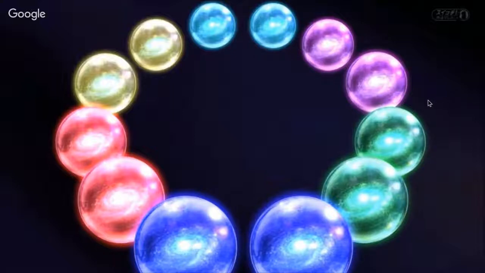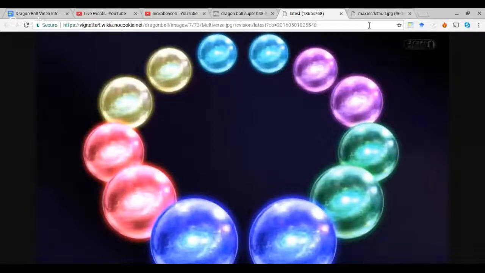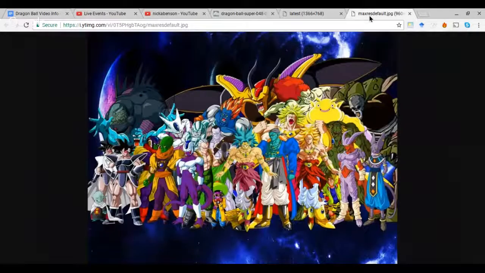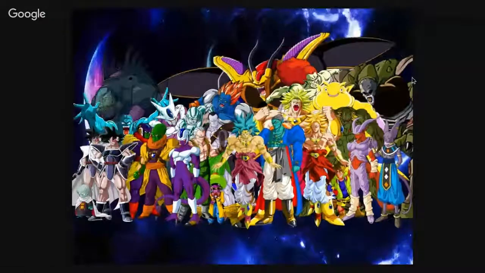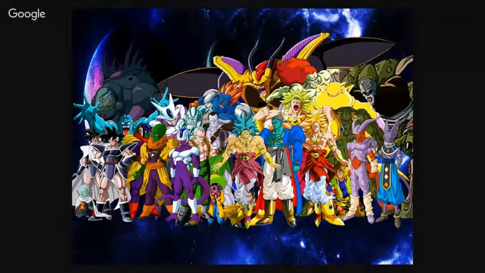Okay, so now that we've talked about parallel worlds and universes, we'll get into dimensions. Now, in Dragon Ball, Akira Toriyama has said that each of the movies in Dragon Ball exists in its own dimension. So whether we're talking about Fusion Reborn, Battle of Gods, Resurrection F, if it's a Dragon Ball movie, it's not within the continuity or canon of the normal Dragon Ball universe. And canon is